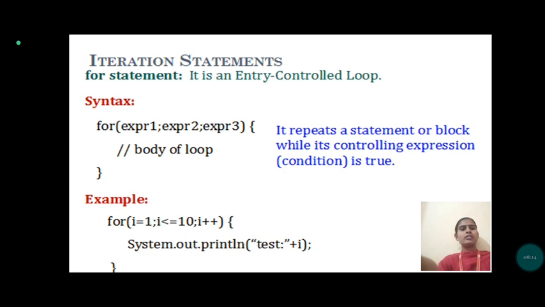Then next, the third one, for statements. It is an entry control loop. Here is the syntax: for (expression 1; expression 2; expression 3) { body of the loop }. It repeats a statement or a block while its controlling condition is true. For example, for (i = 1; i <= 10; i++) { System.out.println("test", i); }